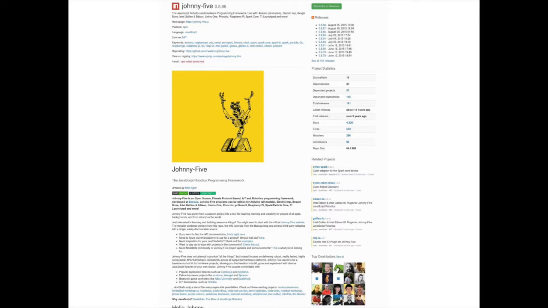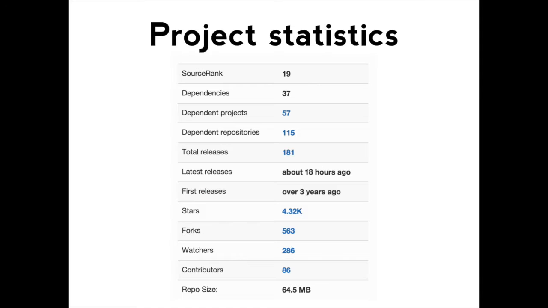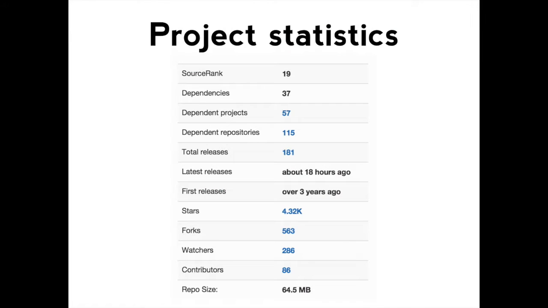This is a project page that I've essentially started to collate and to try and make a useful project page that gives you more information, or it collects the best bits from different package managers and the way that they display things. So probably the most useful thing is the project statistics. This is for one of my favorite libraries, Johnny 5. I'm sure Adam's used this before. It lets you do all kinds of awesome hardware hacking without really having to understand the hardware going on underneath. It gives you really nice high-level APIs for it.